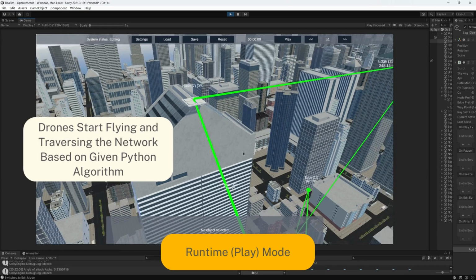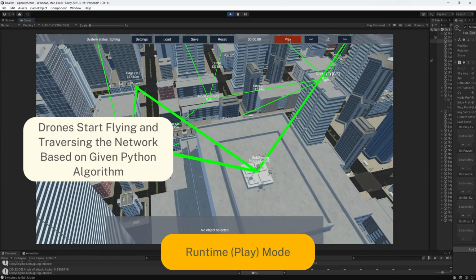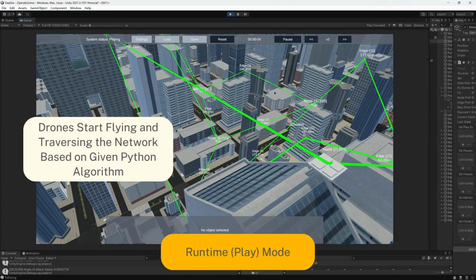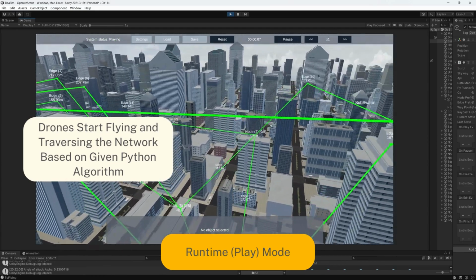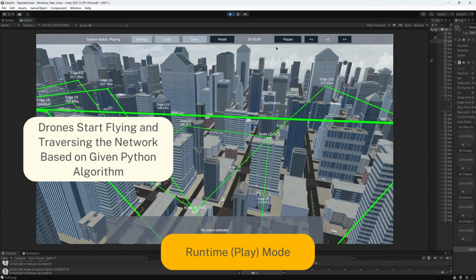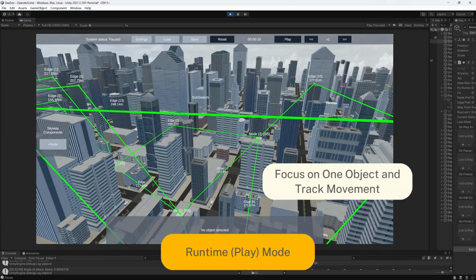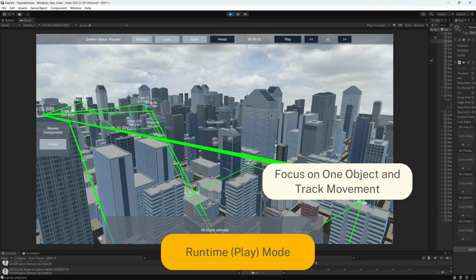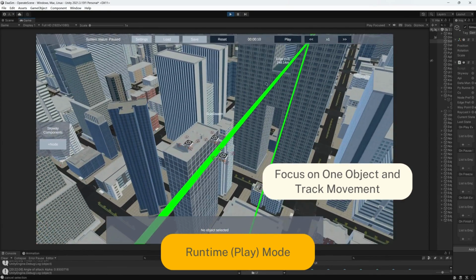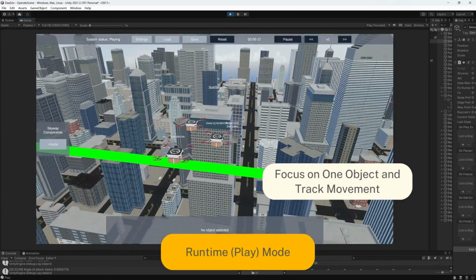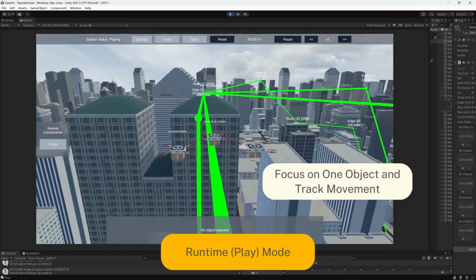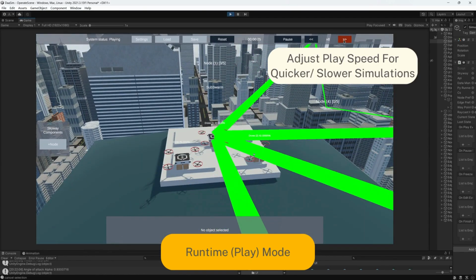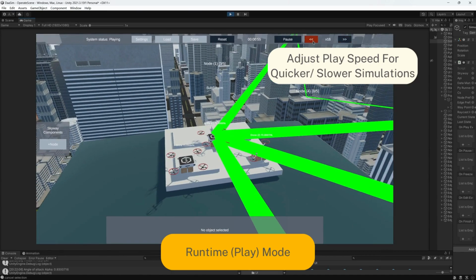And for the play mode, we are able to click play, and then we enter the play mode, which is playing, and you can see the subswarm is already flying. If we click pause, we're able to freeze the movements, and then we'll be able to double click one object of this Skyway. Then we'll be able to use our camera to follow this drone. And we can adjust the speed of this game in order to make it quicker for the researchers to